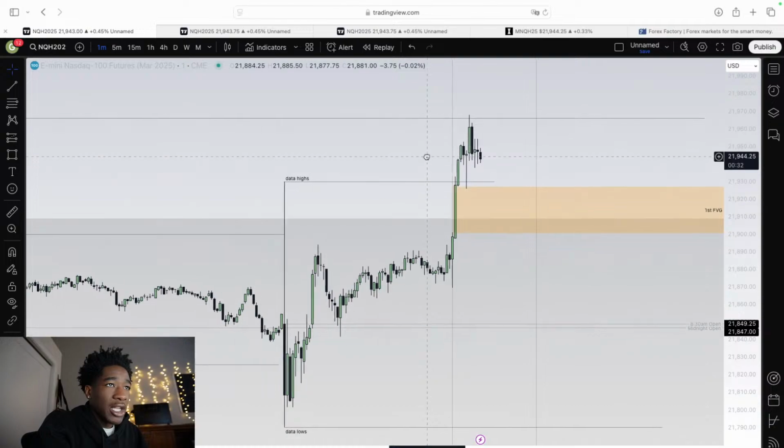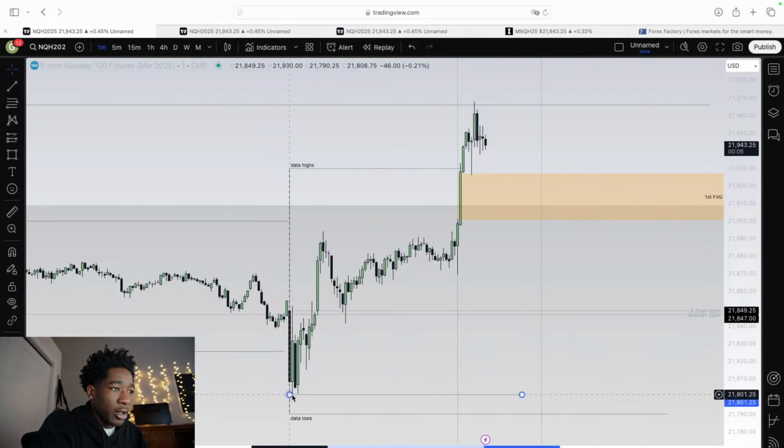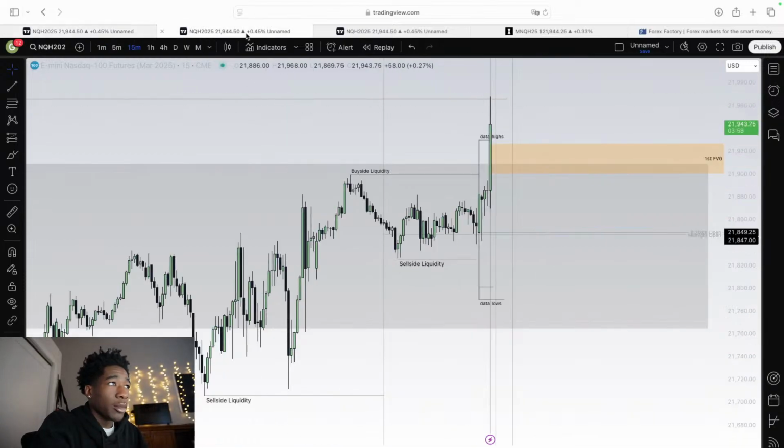But usually on days like this, price takes out the data highs, or the buy side liquidity that was created on a day like CPI, NFP, PPI, days like this. Price will usually take out the high, then go in the opposite direction and take out the low, or it'll do something like this where we just take out those. See those smooth lows right there? Those two points right there. Price will usually do it. Doesn't mean it'll happen, but